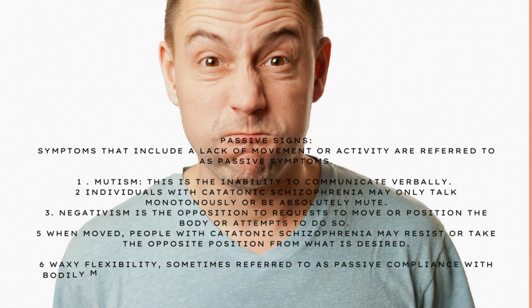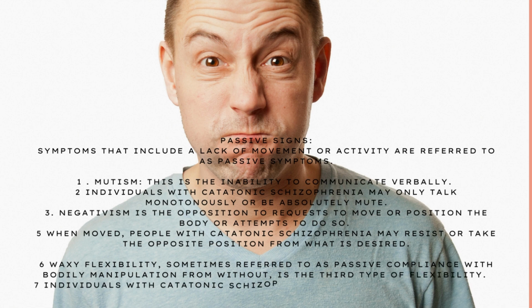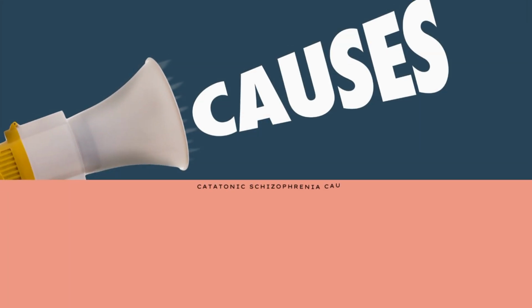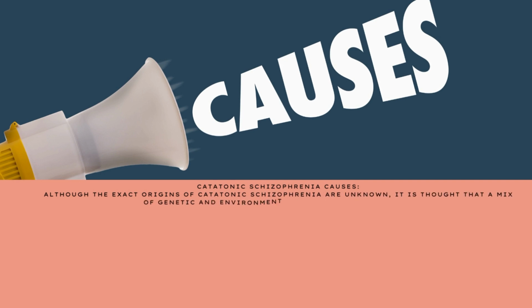Waxy flexibility, sometimes referred to as passive compliance with bodily manipulation from without, is the third type of flexibility. Individuals with catatonic schizophrenia may keep their limbs in an unnatural position until an outside force, such as a therapist, forces it onto them. Catatonic schizophrenia causes. Although the exact origins of catatonic schizophrenia are unknown, it is thought that a mix of genetic and environmental factors